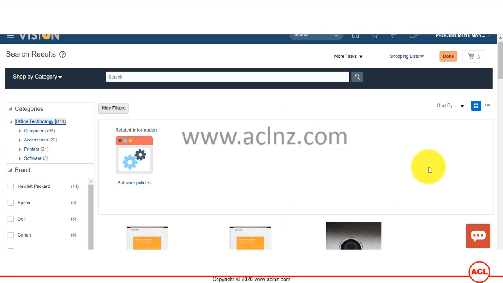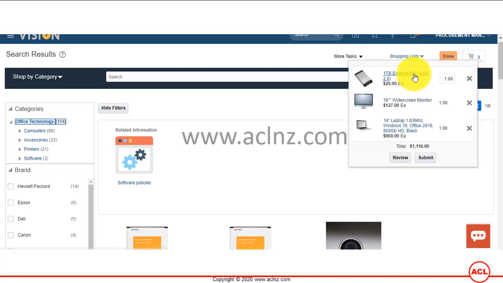Okay, and as you could see, the cart got updated, and you can look at the shopping cart like this. You see it's gonna show you all the items that you have just added. You can either review them, or you can remove the items that you have added, using these shortcuts.